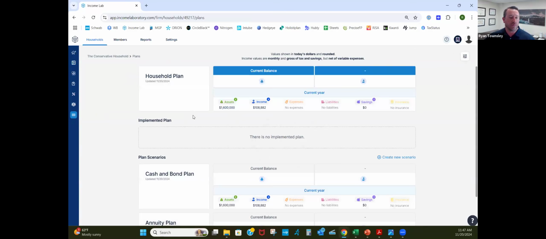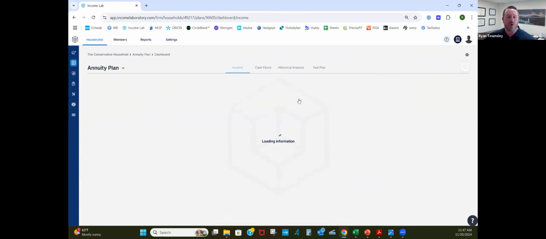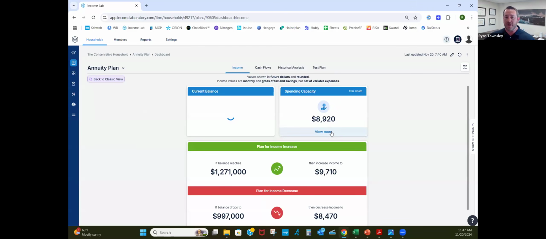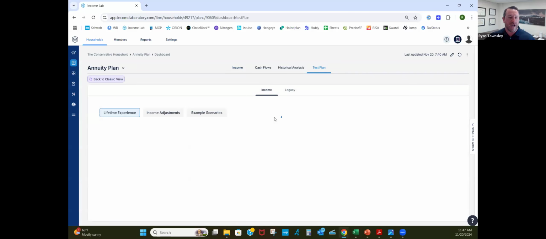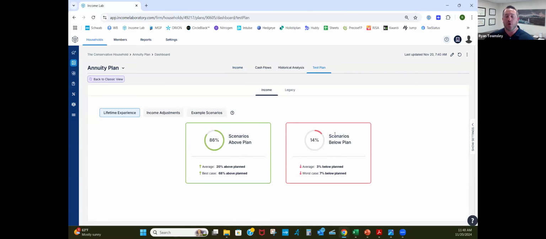So then you can model and say, okay, what if we put a portion of that in an annuity? Maybe you could do some portion in a fixed or a RILA, or some portion in a SPIA and some portion in a variable, still maintaining something relatively conservative compared to the general population. But what if we could get a little more income, but a lower probability of taking a pay cut? So this is not a plug for annuities, and Income Lab by far is not like an annuity